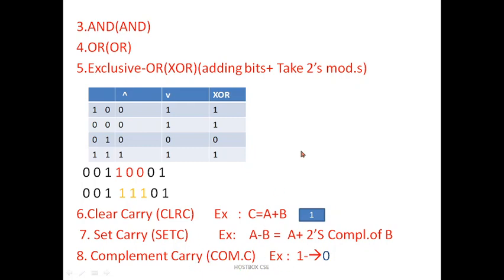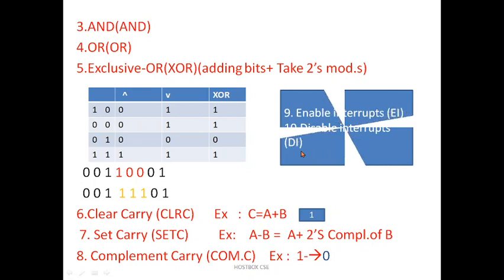At last we have enable interrupt and disable interrupt. These are also very easy to understand. For example, when you do an operation on the CPU, what happens? For example, I press a key on the keyboard. The processor communicates with main memory, and main memory at last communicates with the output, and we can view the output here. For these operations we need the support of some registers as well as some flags, like the zero flag.